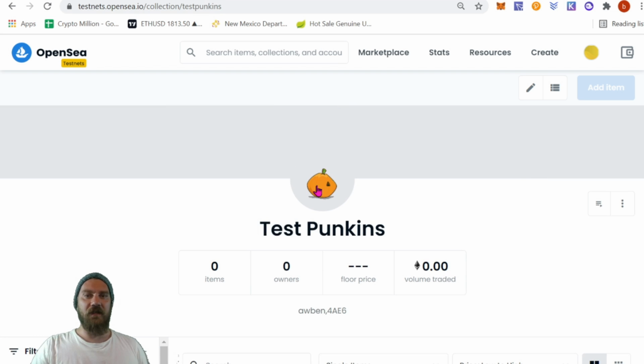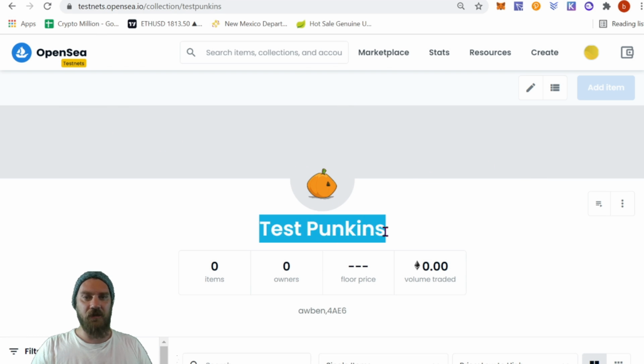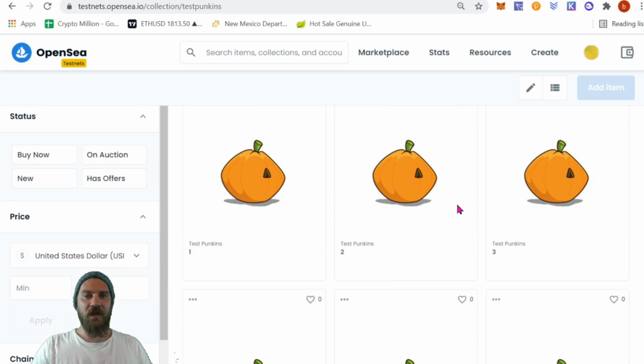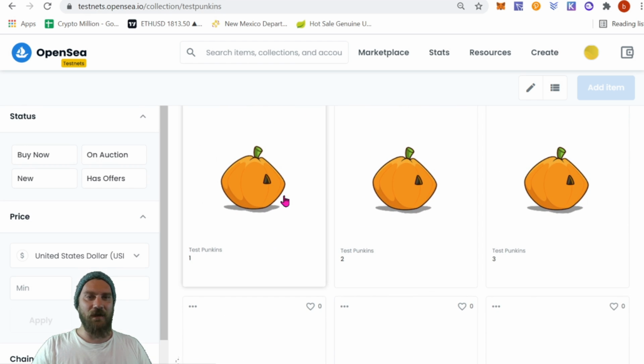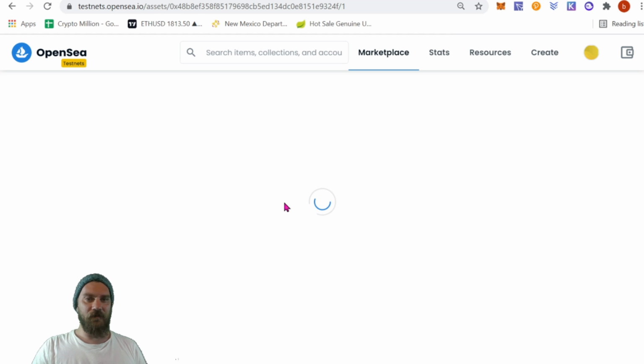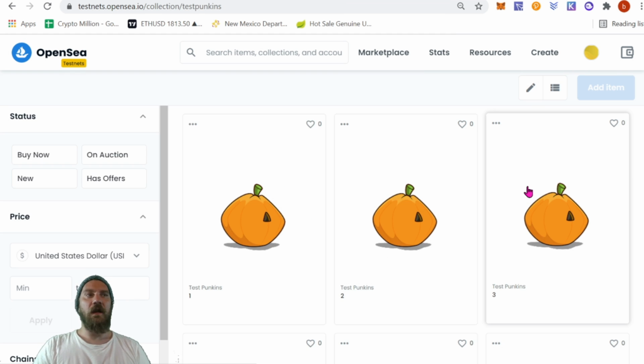Okay. And now at the top we see our logo. We didn't put a banner that would be there. We changed the name, so our new vanity name is showing up. And it looks like that logo is now showing up for our metadata since our metadata hasn't loaded in yet. Okay, since we're on the test network and this usually loads up a little bit faster, I'm starting to suspect that we have a problem.